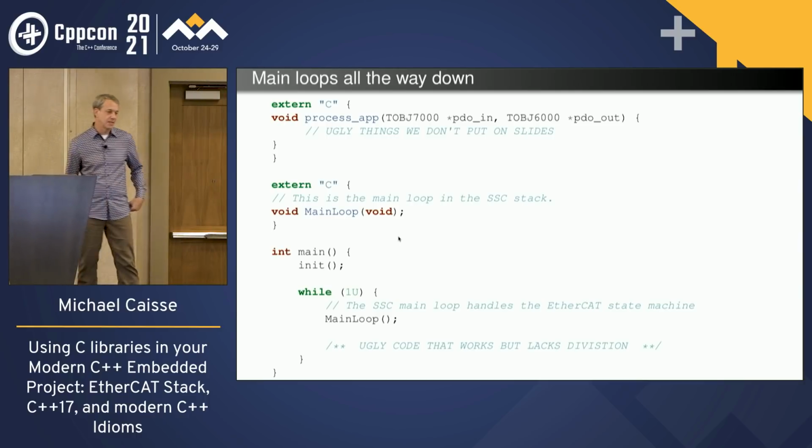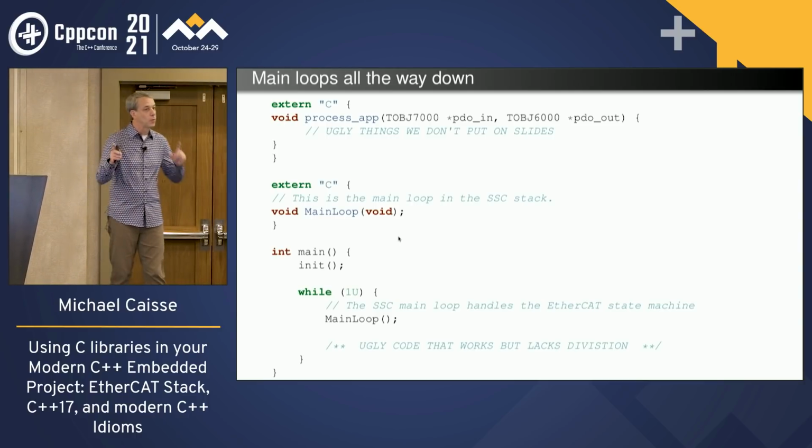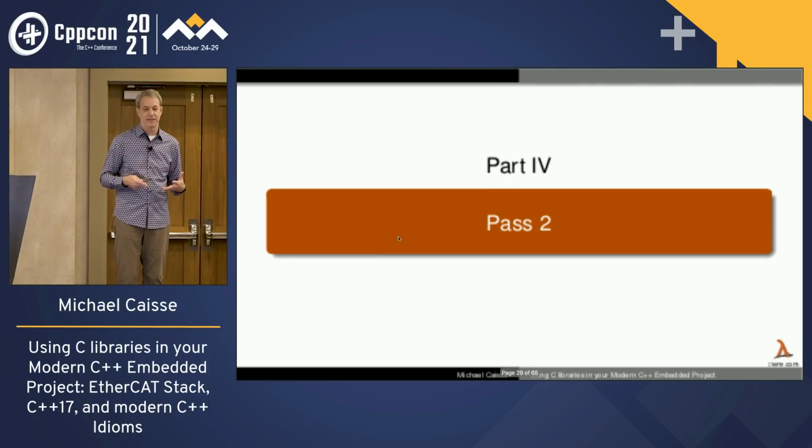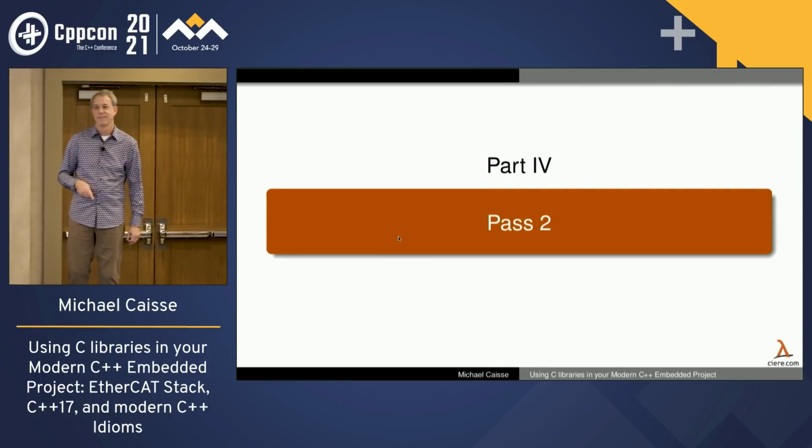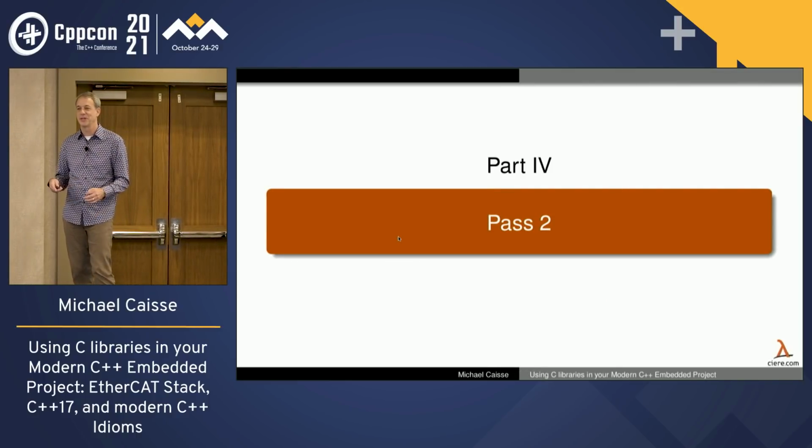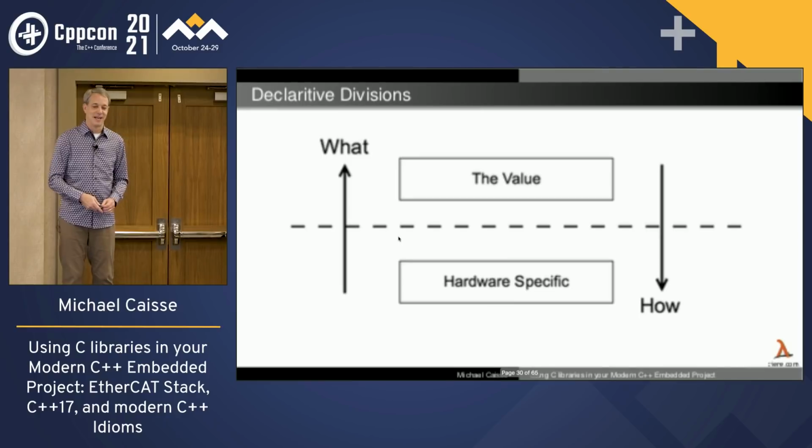Okay, so it's not pretty. It's not pretty, but it worked, right? Like I just integrated it together. Nobody cares about pass one. But pass one is what you do so that you can get to pass two.